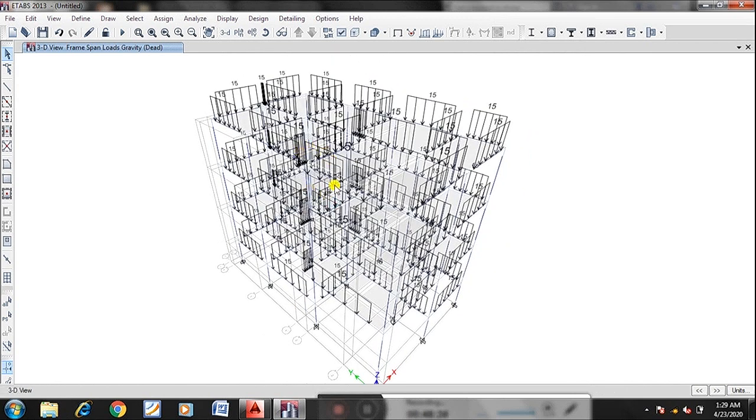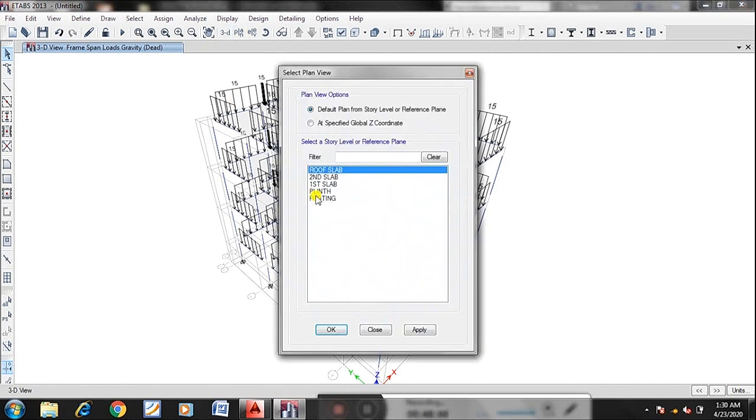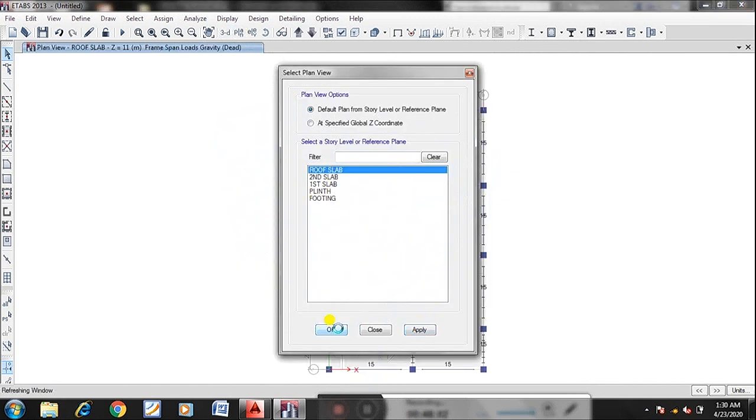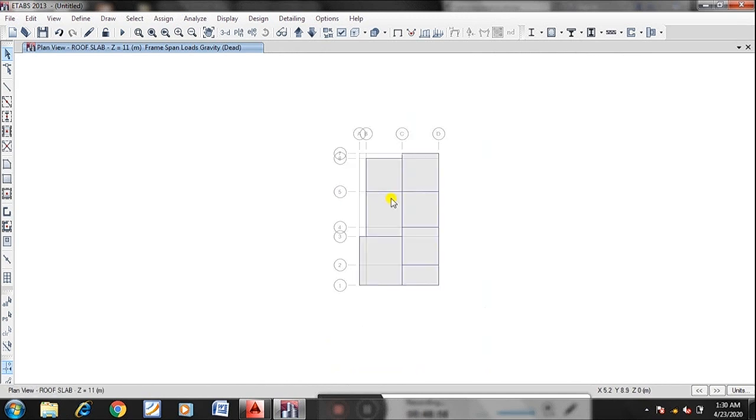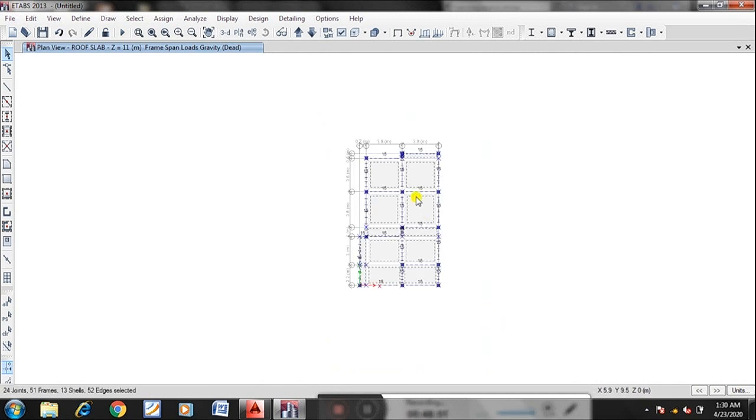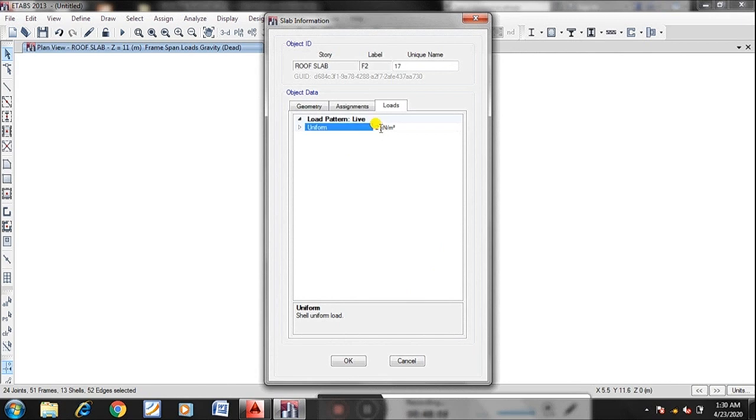Dead load it will take accordingly. Only wall load I am applying, right? The same load I'm applying for roof also. Actually it is less. Even if you want you can take. At roof level, if you want you can change the dead load and live loads. Here you can check whatever the loads are there. Instead of 2, you go for 1.5. If you want you can edit. Let it be 1.5.